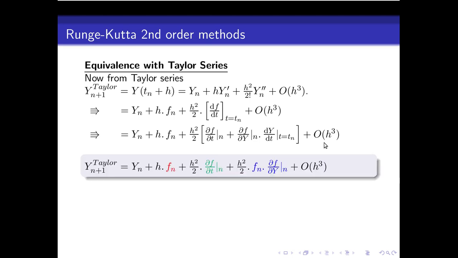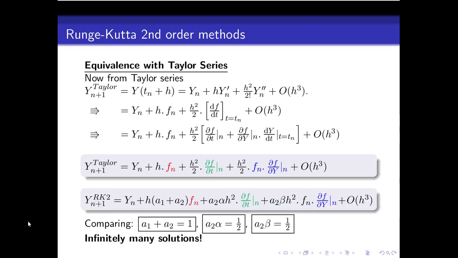Other terms are the same. So yn plus 1 according to Taylor's expansion can be written as this. We have removed the bracket and also colored the different terms. This coloring will be effective for collecting the coefficients. And for comparison, we are just writing yn plus 1 according to RK2, and we now directly compare these two equations.